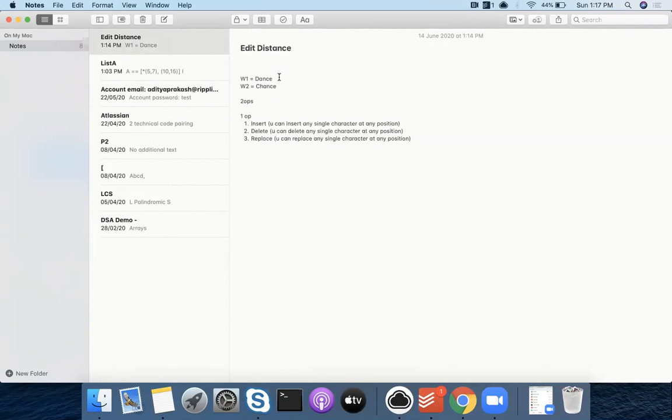Aditya, can we find substring of each character of word 2 in word 1? For example, in word 2, C. Okay, so we will find substring in dance, that is it present or not. For example, we reach CHA, okay, and we find a substring in word 1, A. So before A we have a D in word 1. So in word 2, before A we have CH. So we can replace that CH with D, and each character has a substring in word 1. That can work. But what about repetition, for this example, right? Not every time.